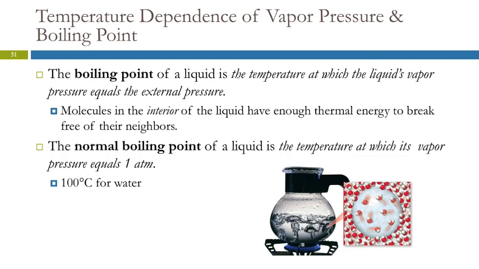The boiling point of a liquid is the temperature at which the liquid's vapor pressure is equal to the external pressure. When that happens, the molecules in the interior now have enough energy to break into the gas state. So they don't have to be at the surface anymore. They have enough energy to break into the gas state down here in the interior of the liquid. And so what happens is they'll form these little pockets of gas, or bubbles. Bubbles are less dense, and so they rise quickly to the surface and pop.